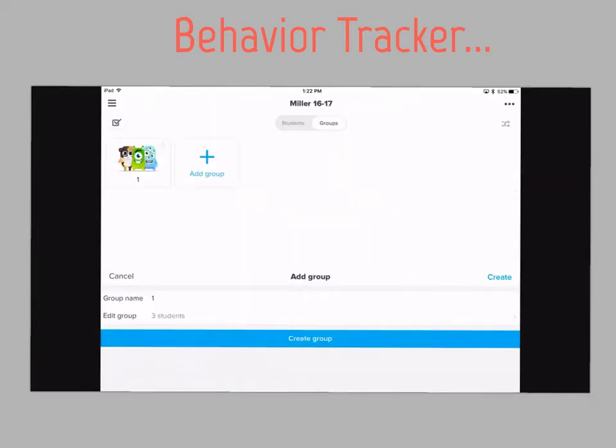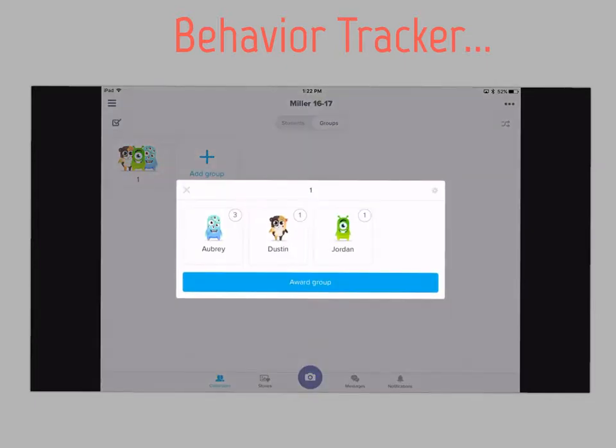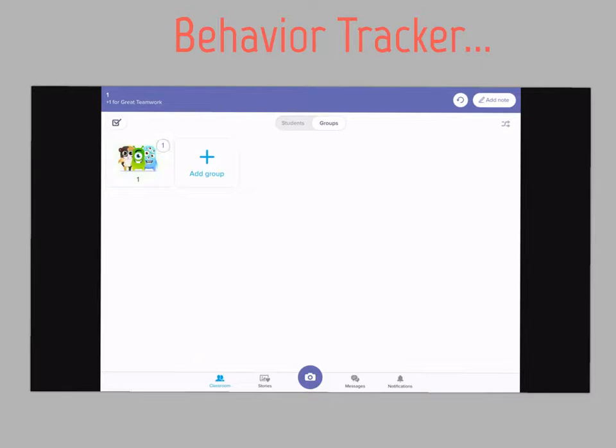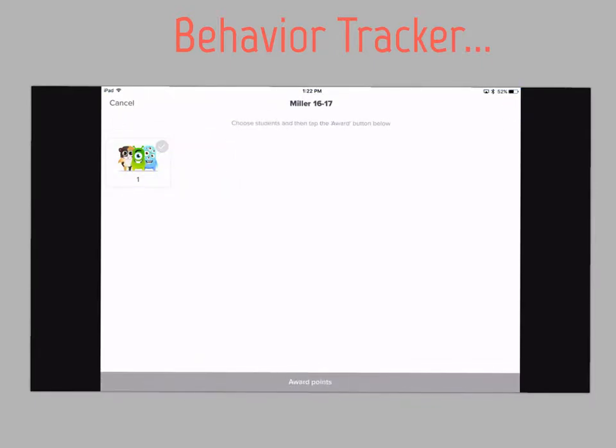So I created a group, and now I have the ability to click on that group. I can add individual points. I can add team points, however I want to do it. Great teamwork, and I'm able to move on. I'll jump back to the Students tab here,